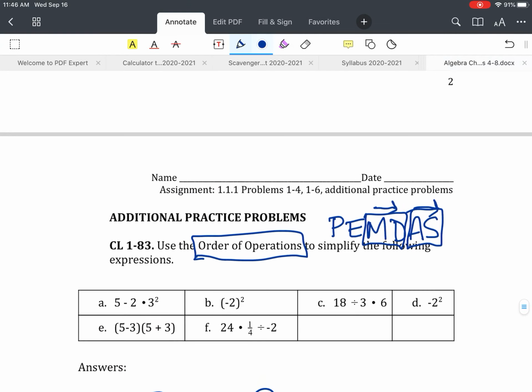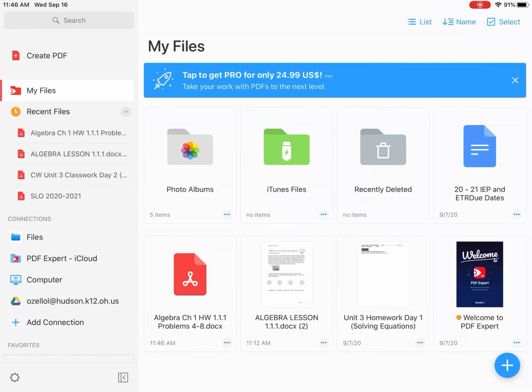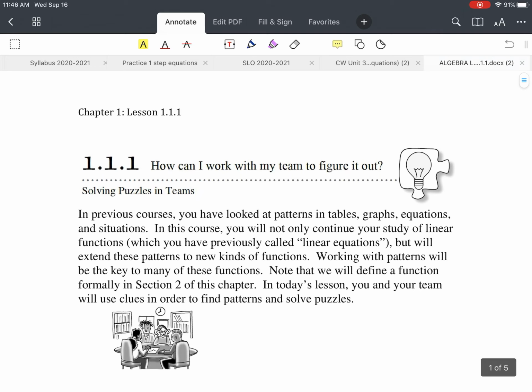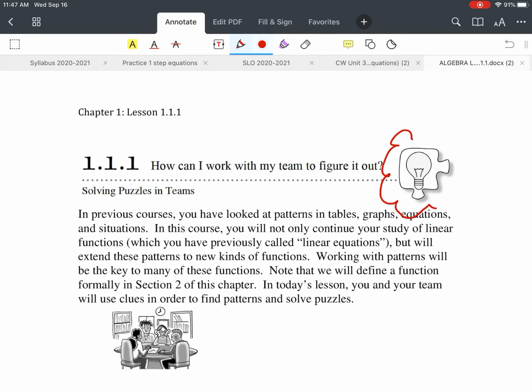All right, so that's your homework. Now using your folder that I gave you, let's open up the lesson. And the lesson always has a puzzle piece at the top. So when I refer to the lesson, you're looking for this little puzzle piece at the top as opposed to that review and preview. So we are starting with lesson